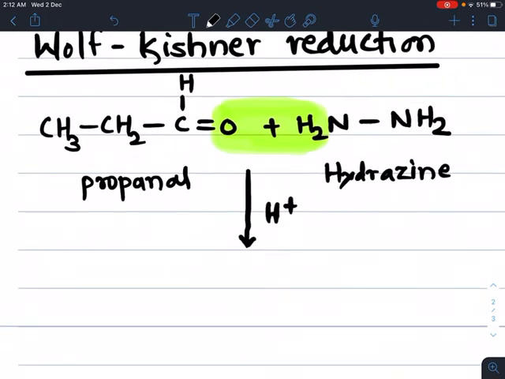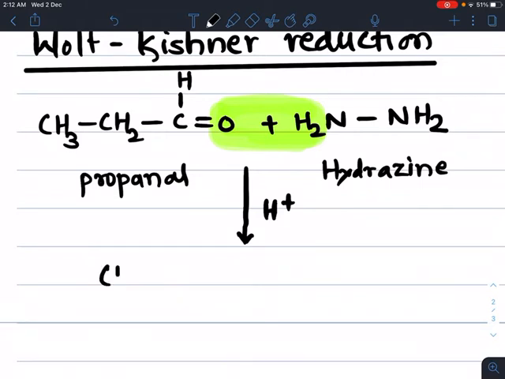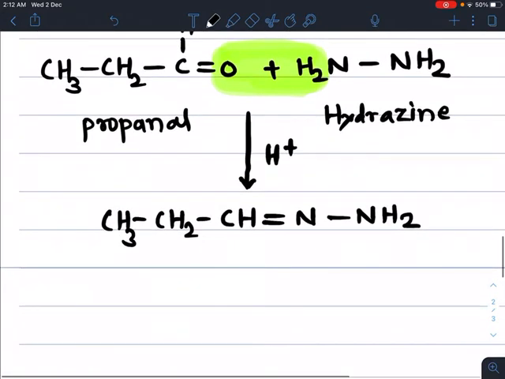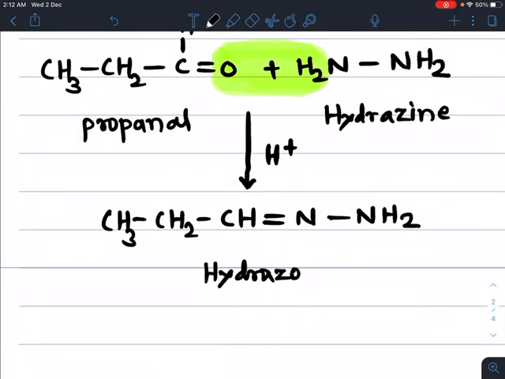So we get its corresponding product CH3, CH2, here CH double bond as it is NH2. We get propanol or propion aldehyde hydrazone. So corresponding hydrazone is formed, hydrazine is converted into its corresponding hydrazone, and this hydrazone finally undergoes a reaction with